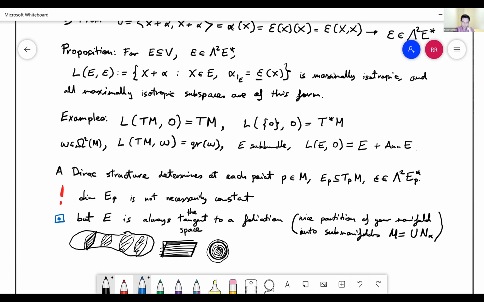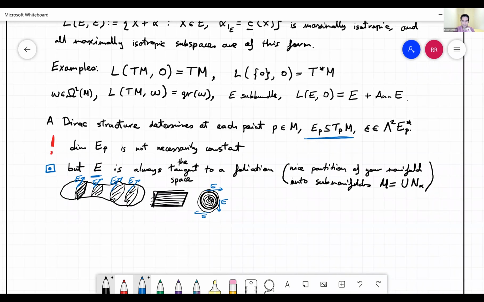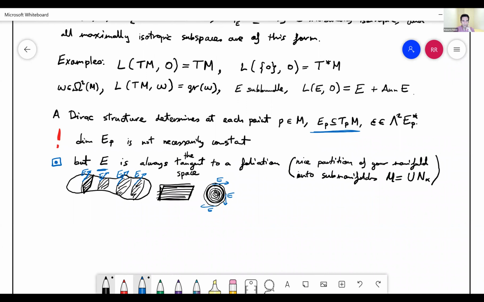The thing I'm now describing is that this E, remember, E is inside the tangent space to your manifold. What I'm saying is that there is a foliation such that your E is always in those directions. So the E is always going in the direction of the leaves. This is something you have to prove, of course. Your E has to be always in the direction of your leaves. Of course, if the leaf is a point, there won't be anything there. And not only does this E integrate to this foliation,